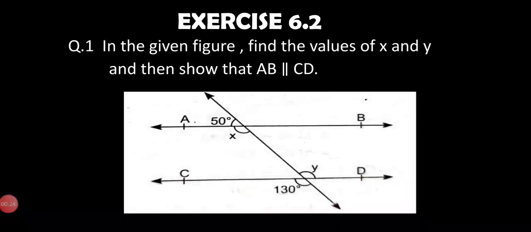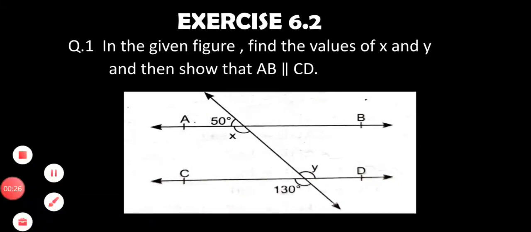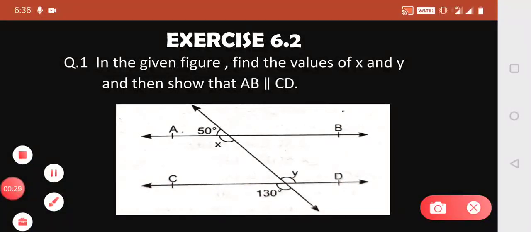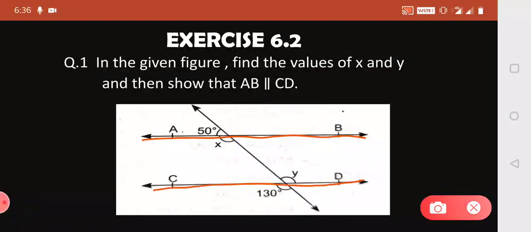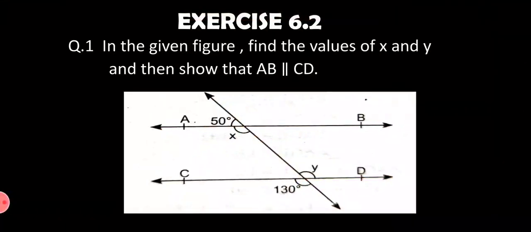Now, you can see in the figure that two lines AB and CD are intersected by a transversal, and you have to find the value of x and y, and also we have to prove that the given two lines AB and CD are parallel. Now for the solution,